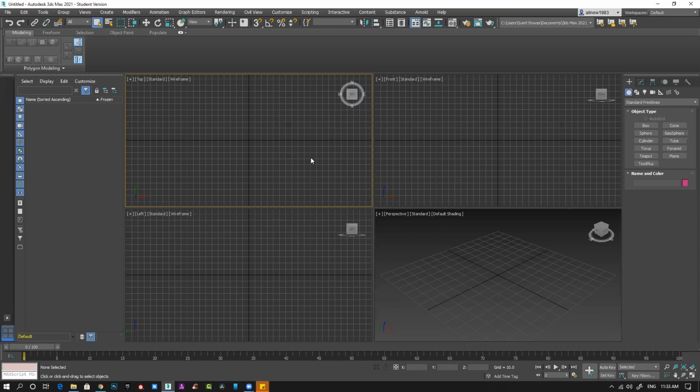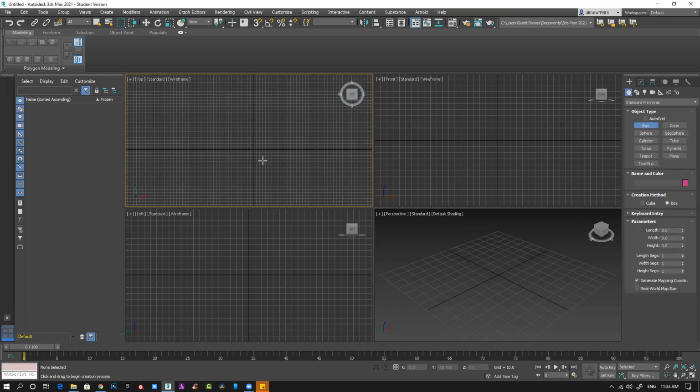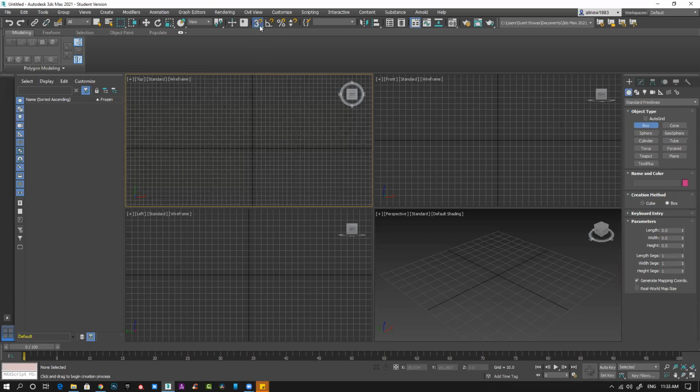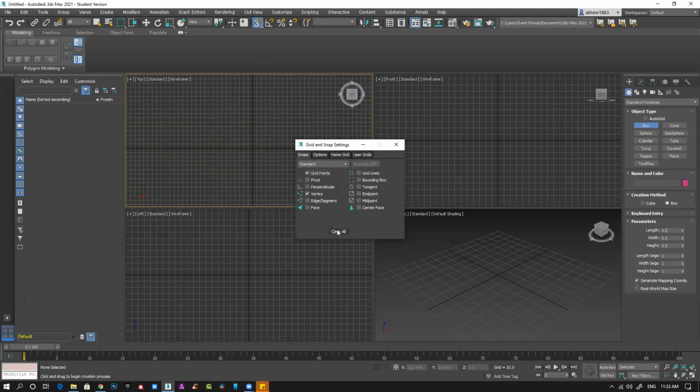So I'll show you. I'll create a small scene, and you can see it's very easy and you can create it very quickly. So let's start. Let's take a box, and I'll switch on my snap. I click grid point.